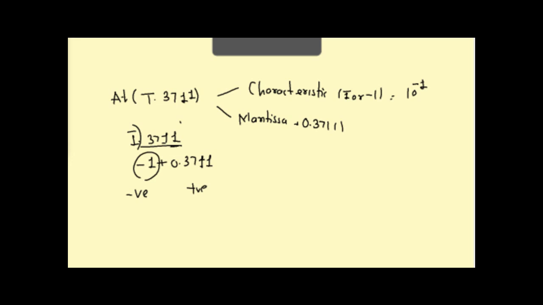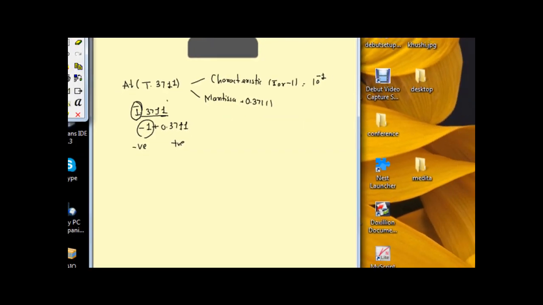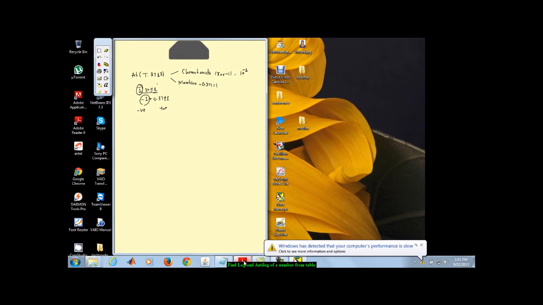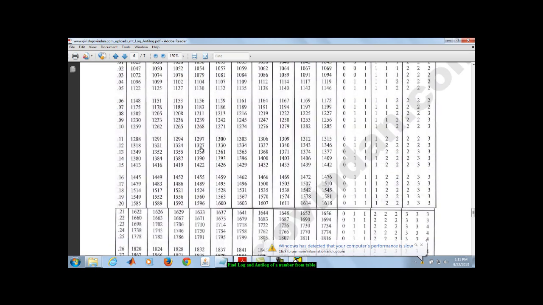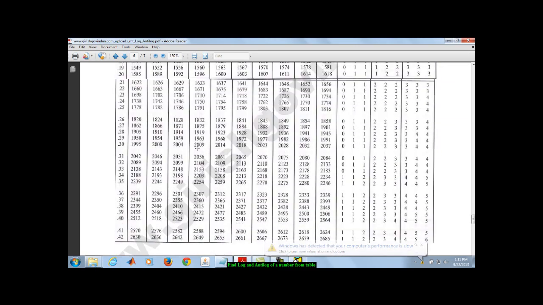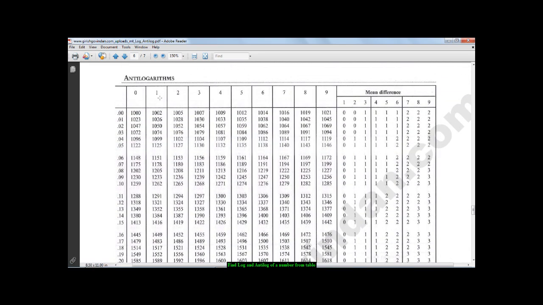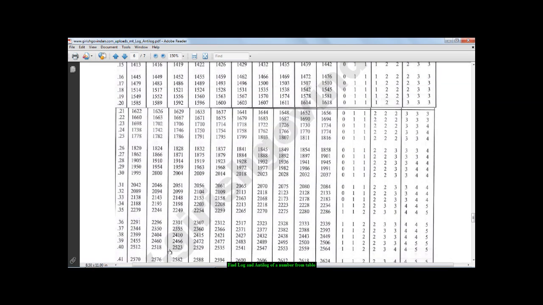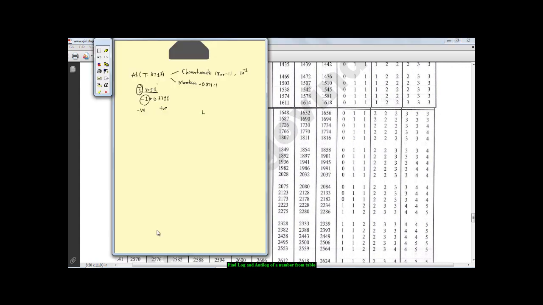To find the mantissa part of 0.3711, you have to go and look in antilog table, in row number 0.37, column number 1, in this case it is 2350, and mean difference is